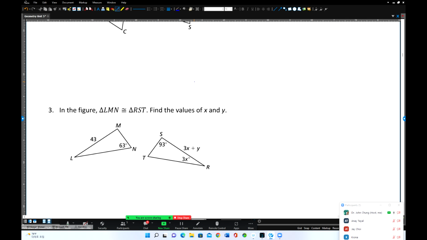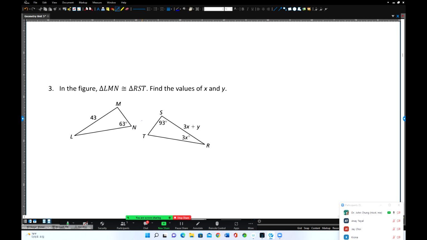Over here, these two triangles are congruent. That's not proof. Congruent means what? Same length, same angles. Okay? What is similar? Same angle, different side. Okay? So here,